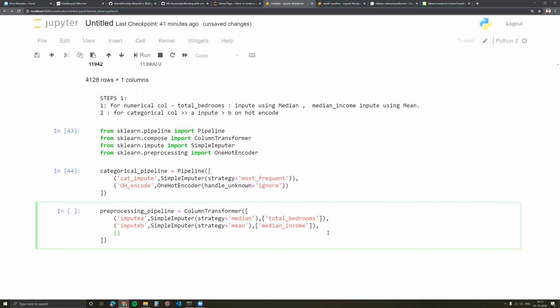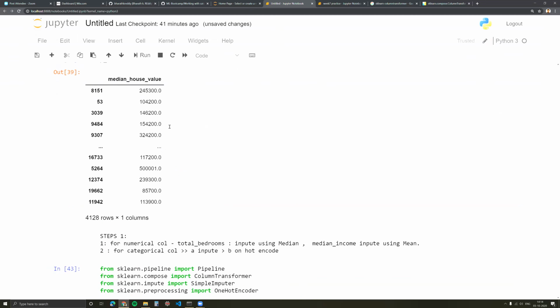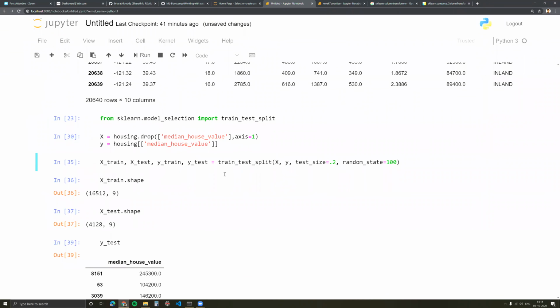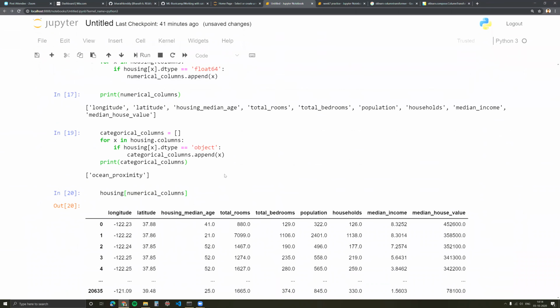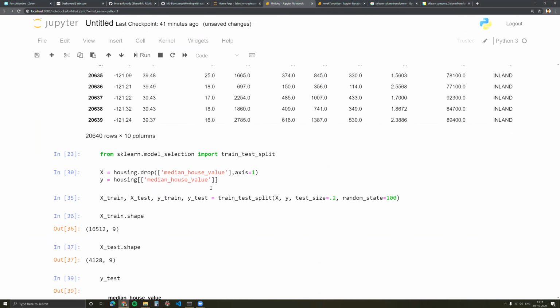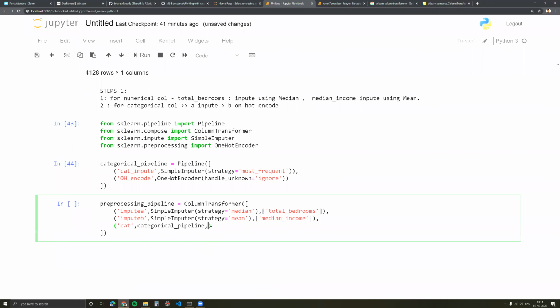And then I want to run the categorical pipeline. This entire pipeline I want to run on the categorical columns. Because I've already defined categorical columns, I can directly pass that. So this is our entire pre-processing pipeline.